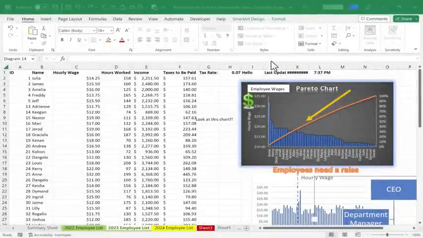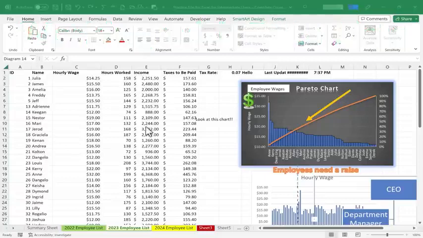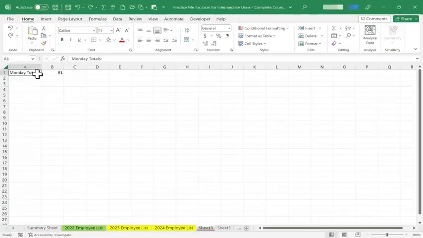In this section of Excel for Intermediate Users, the complete course, we are going to learn more skills related to working with data lists in Excel. In the Excel for Beginners complete course, I showed how to create a list of data by clicking on a cell and simply typing. You can then tap the Tab key to move to the right and type again,